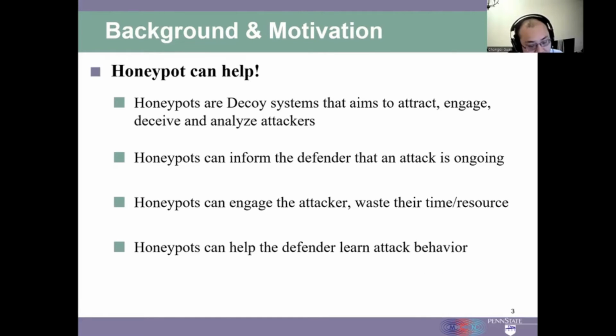A lot of ideas have been proposed to increase the overall security posture for IoT devices, and honeypot is certainly one of them. Honeypots are decoy systems deployed in the network. They usually mimic certain functionalities of a real device and therefore appear to be high-value targets to the attackers. With the help of the honeypot, the defender can notice that there is an ongoing attack. They can also learn the attack behavior by looking at the attack trace collected by the honeypot. In addition, since a honeypot does not have any real production value and all data is essentially fake, the attackers are wasting their time interacting with the honeypots.